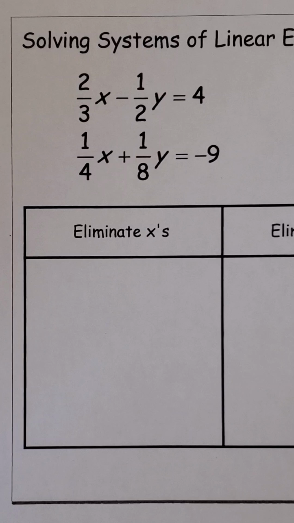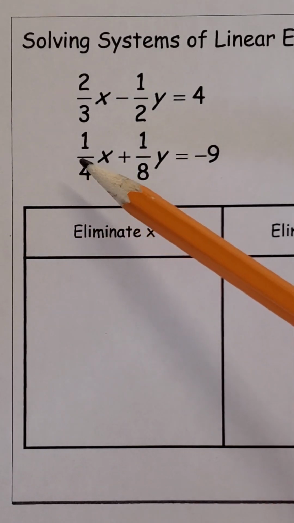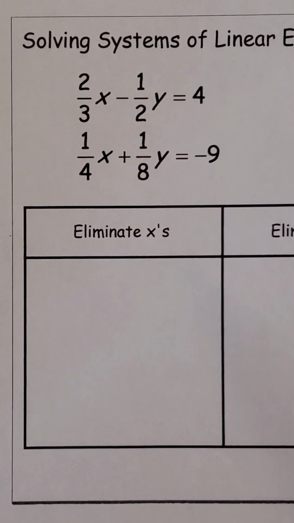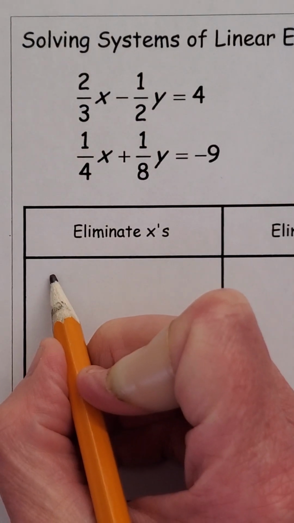So I'm only going to talk about this briefly, but if you wanted to eliminate the x's right away and keep the fractions, depending on how good your fraction skills are, you can definitely do that. So in order to create a common denominator, don't forget we can always just multiply the other one by the opposite. So if we were going to eliminate x's right away without getting rid of the fractions, we would multiply